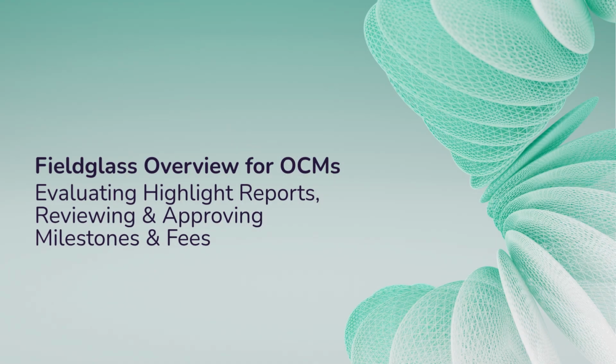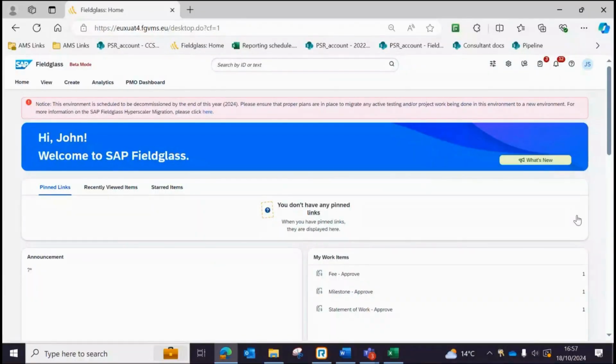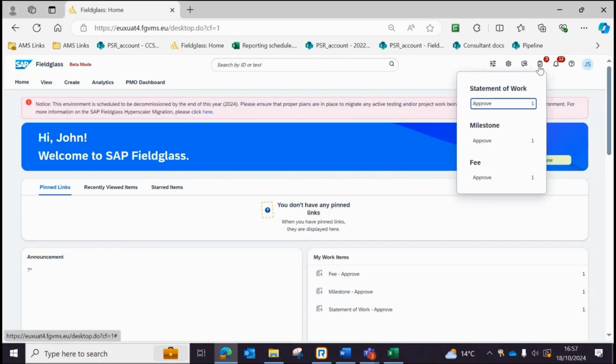Welcome to this Fieldglass overview for evaluating highlight reports and reviewing and approving milestones and fees. Once you are logged into Fieldglass, your landing page will look very similar to this. So if we go over to the work items menu, this is where you will find any milestones and fees